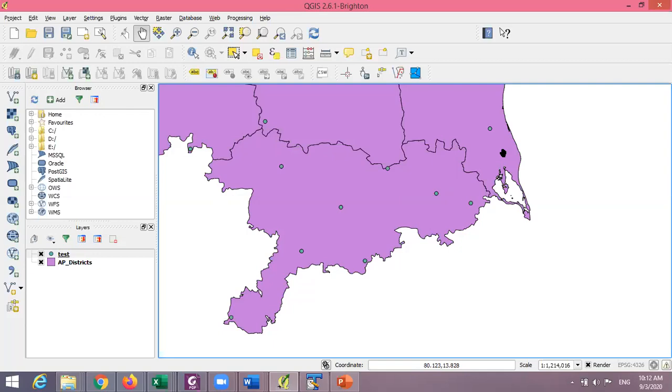So now let us say the objective: you know the rainfall at these 10 different locations. If I tell you to find out the average rainfall in Chittoor district, you've already learned how to do this. How do you find it out? What is the simplest way you will find it out first? Arithmetic mean, right? You will just take all those 10 numbers and take the average of those. That will give you your arithmetic mean.